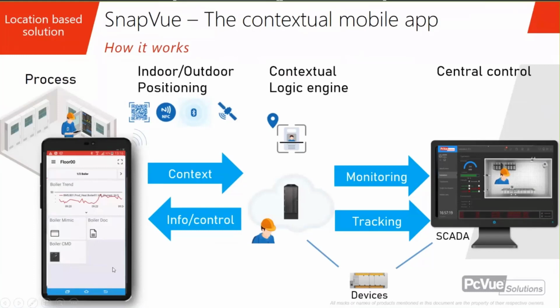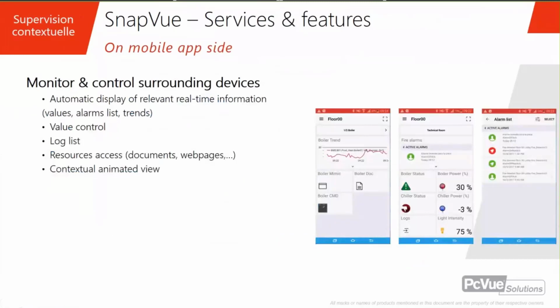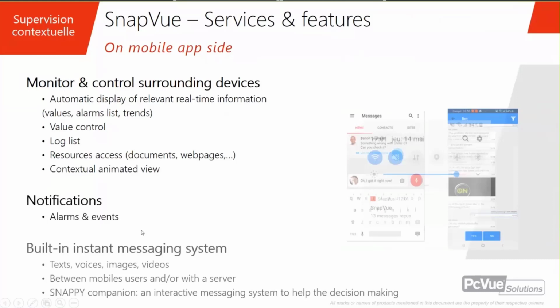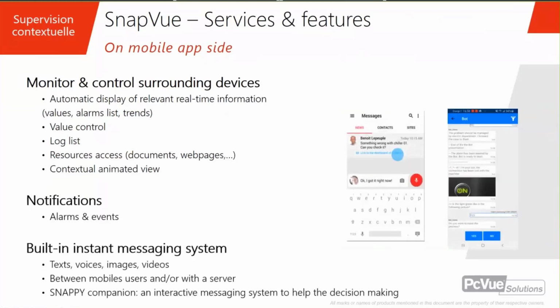With this app, it's possible to monitor and control surrounding devices with an automatic display of real-time information. It's also possible for the user to control values and access the log list, the event log list, or any resources such as documents, web pages, and even a contextual animated view on a specific value here. You can also have notifications, and a built-in instant messaging system for text, voice, and so on. And there's also